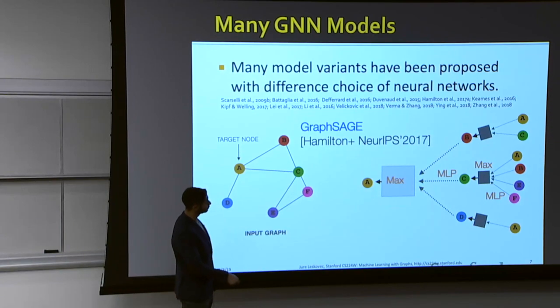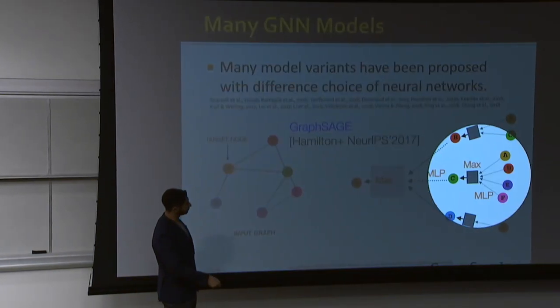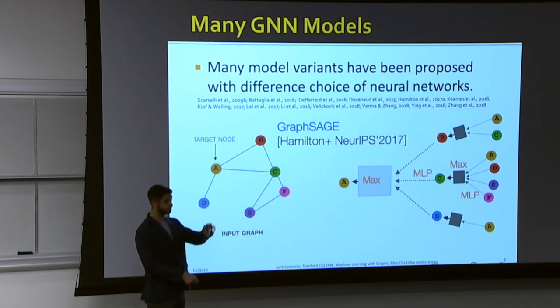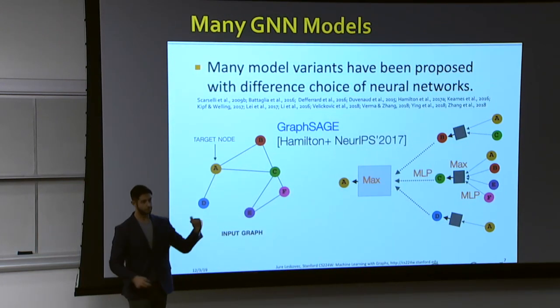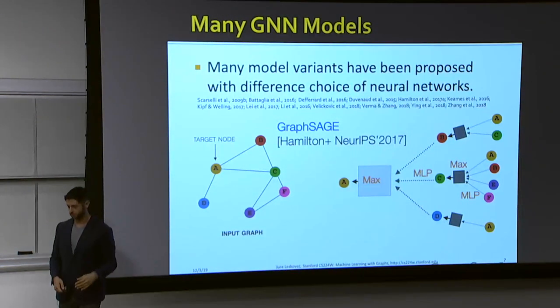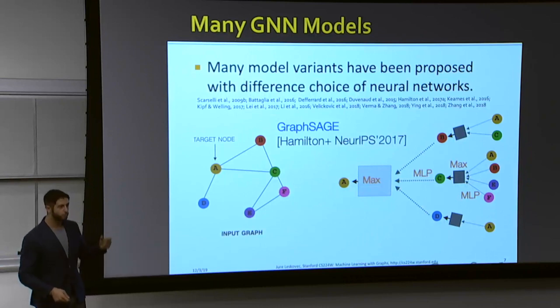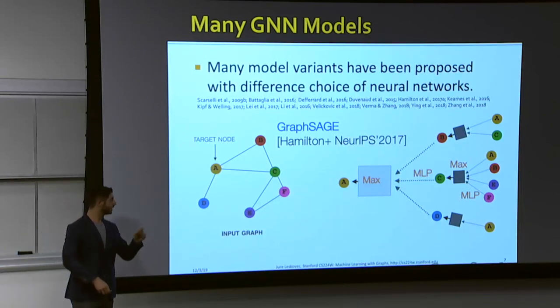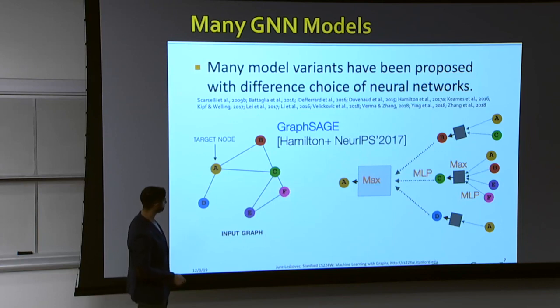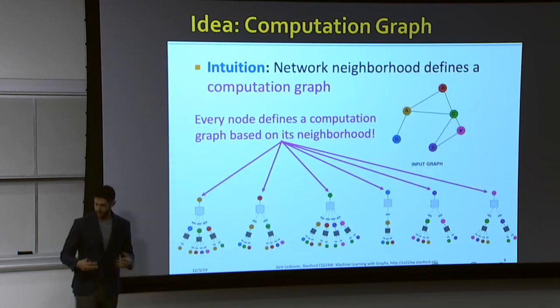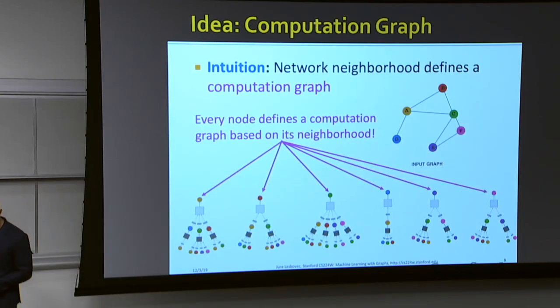In this case, what we do is first we use a multi-layer perceptron to produce the representation of a node, and then we apply max pooling among all these representations. Again, a refresher about max pooling: we're taking the max component of each vector node. So now we recall how they work on a very high level, and as I was mentioning before,